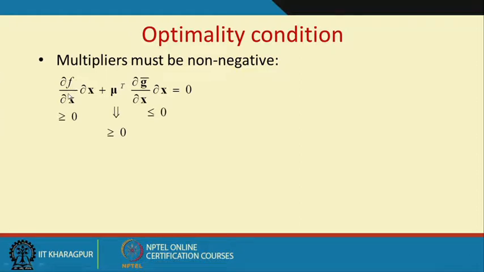f is the objective function and g bar is the set of active constraints, then from the first order condition we can write del f by del x plus mu, the KKT multipliers, into del g by del x. If we consider a small perturbation over x, then we can multiply both sides with del x, where del x is in the feasible direction only, then this is always positive and this will be negative, okay, and certainly to maintain this